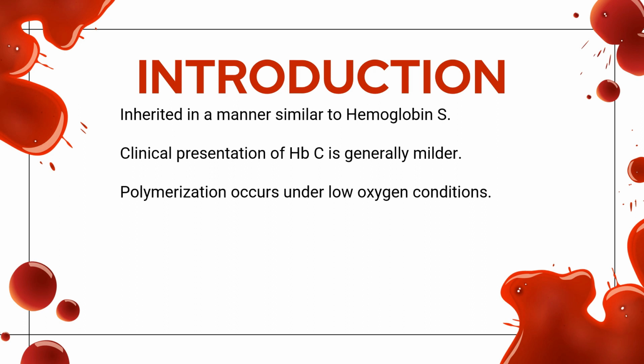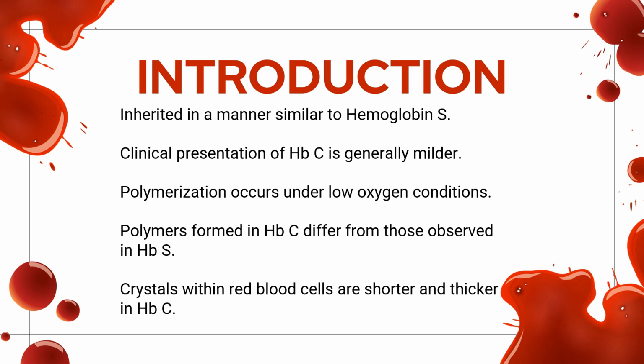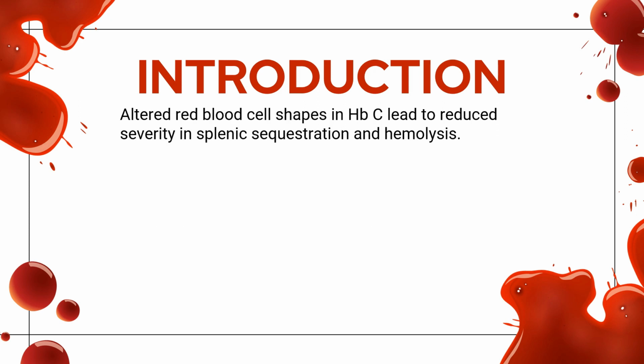When exposed to low oxygen conditions, hemoglobin C has the ability to polymerize. However, the structure of these polymers differs from those observed in hemoglobin S. In the case of hemoglobin S, the resulting polymers are long and thin. However, with hemoglobin C, the crystals formed within the red blood cells are shorter and thicker. These altered RBC shapes caused by hemoglobin C are less severe compared to hemoglobin S, leading to reduced splenic sequestration